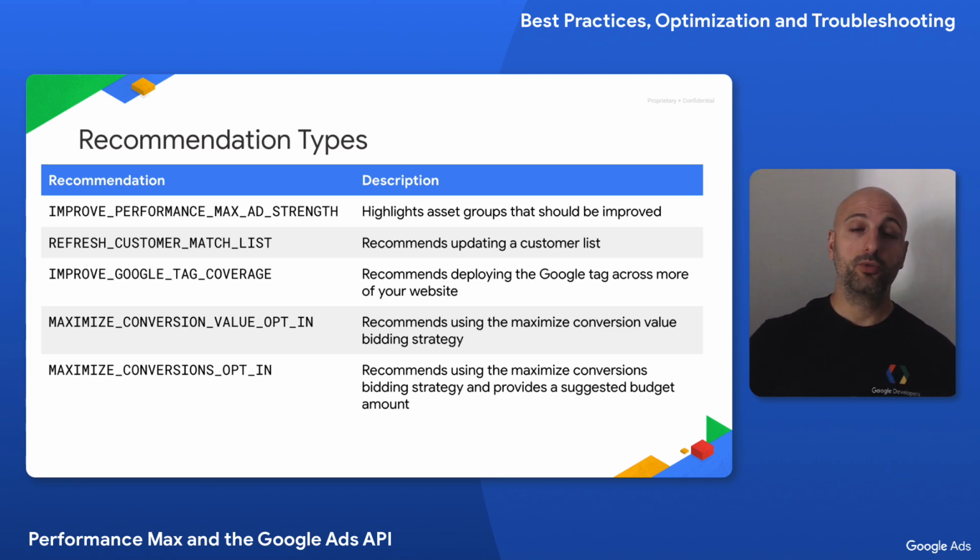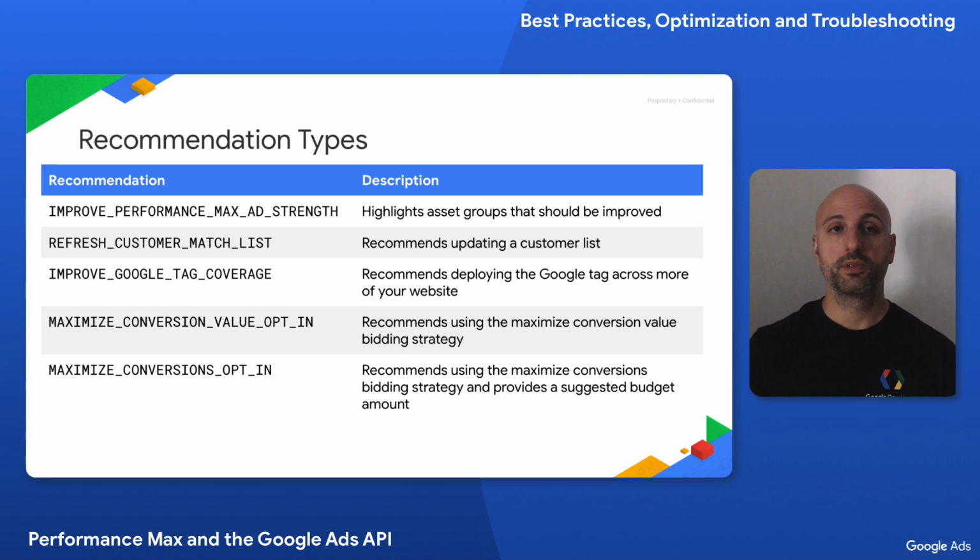Then, there are 2 recommendation types to help you optimize your audience signals. Refresh Customer Match List recommends updating a customer list which hasn't been refreshed in some time. This is useful if the audiences you're using as an asset group signal contain customer lists. Improve Google Tag Coverage recommends deploying the Google tag across more of your website to improve conversion tracking. This can lead to improved accuracy of your conversion reporting, which can in turn lead to more accurate audience signals